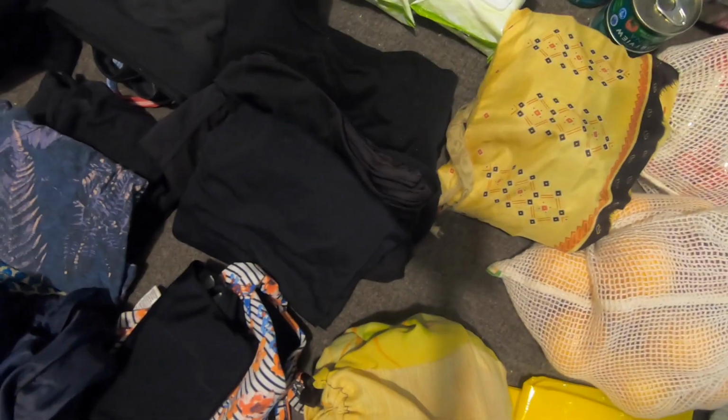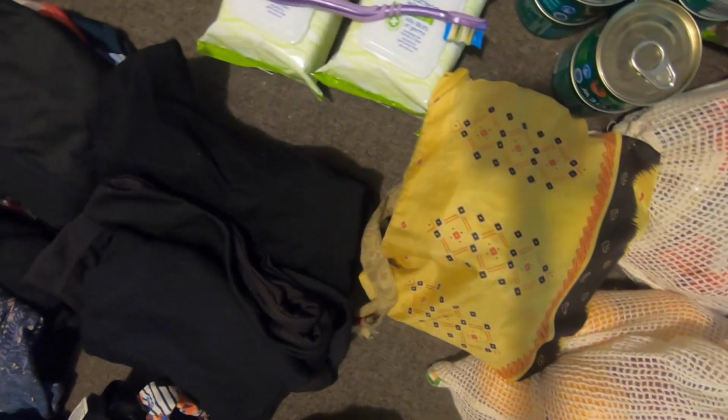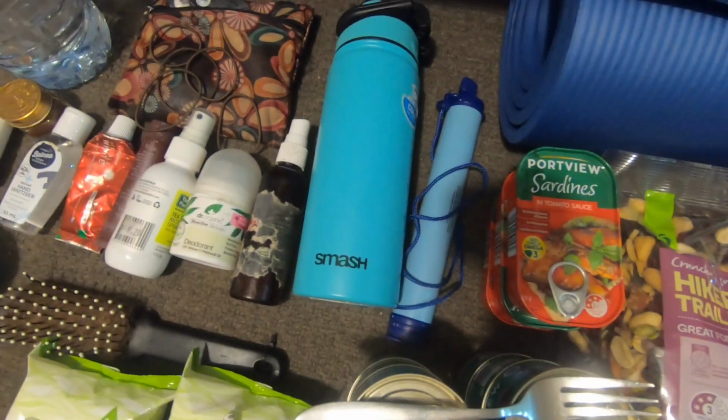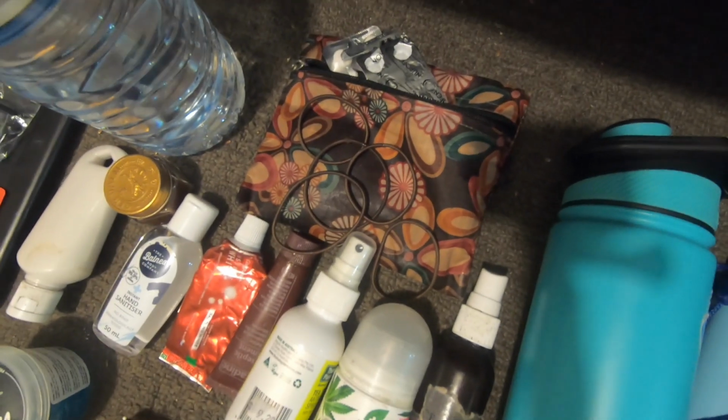things in, 2 tank tops, 3 sports bras, a pair of black long leggings, a pair of short black shorts and a pair of like biker shorts, toothbrush, razor and 2 antibacterial wipes, drinking bottle plus life straw because the water's not safe to drink, a bag full of medication, ibuprofen, paracetamol, band-aids, that kind of